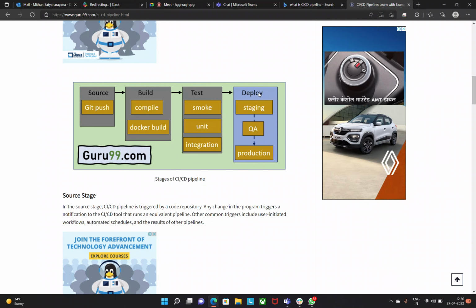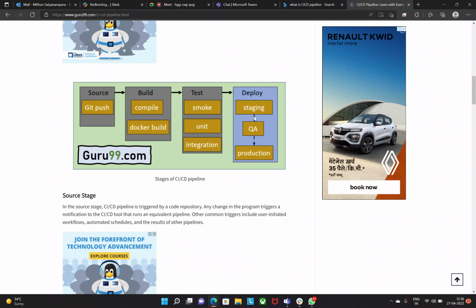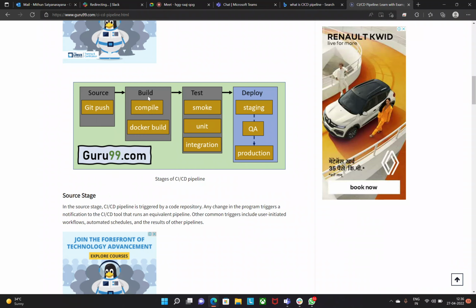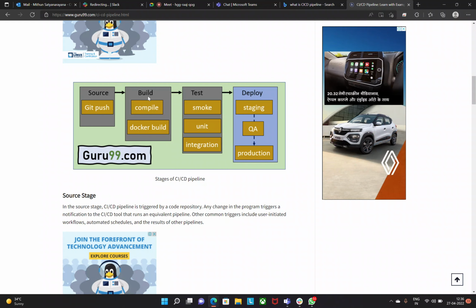Getting the point? Now, that is called continuous integration, up to stage 3. Now stage 4, some people make it continuous deployment. How do they make it continuous deployment? With everything automated here. Now from stage 1 to stage 3, everything is automated. Once a developer pushes the code to GitHub, it will trigger Jenkins. Now Jenkins is the CI/CD tool. Okay, he is the master. Jenkins is the master which will